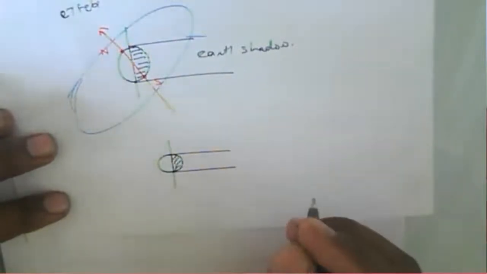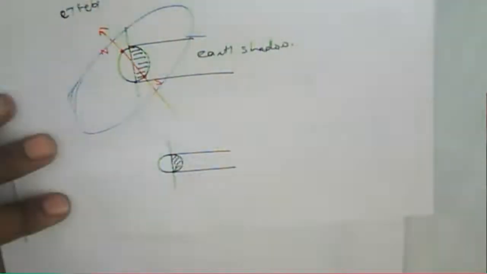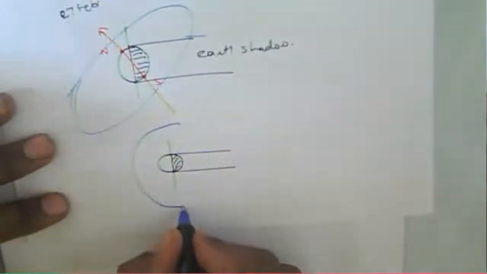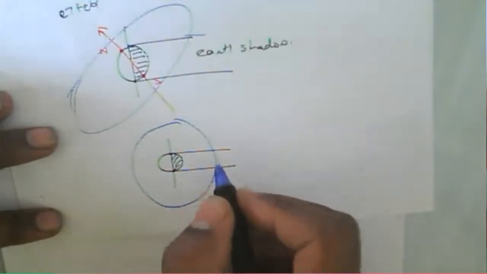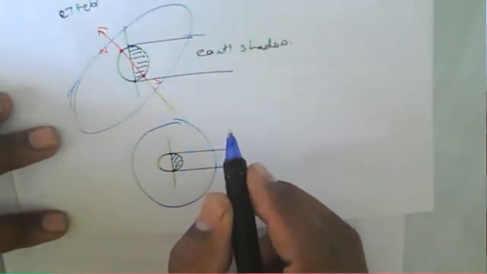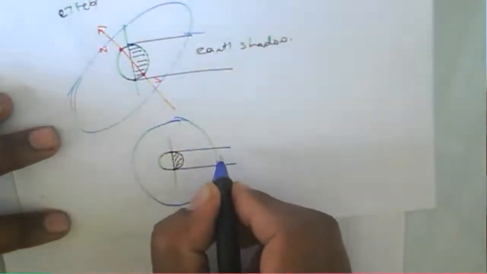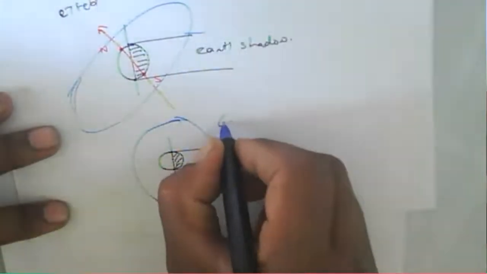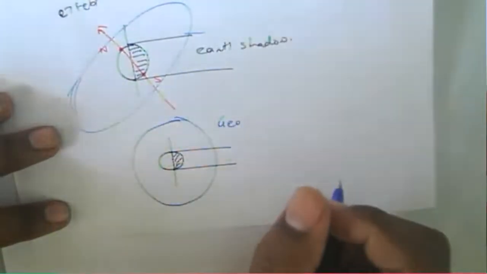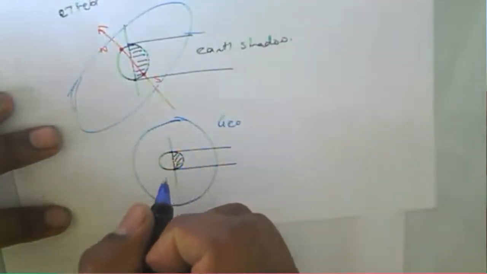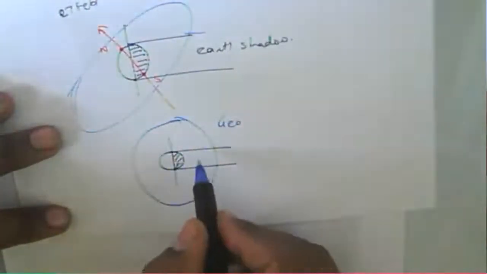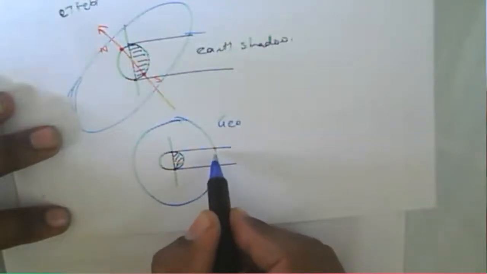Now if we consider the Earth and this is your axis, the shadow is there. Likewise, this one is the shadow, and if our orbit is a circular one, we consider this particular orbit now. In that case, a shadow will appear, because for a geostationary satellite it is a circular orbit. So that satellite orbit, if you see that